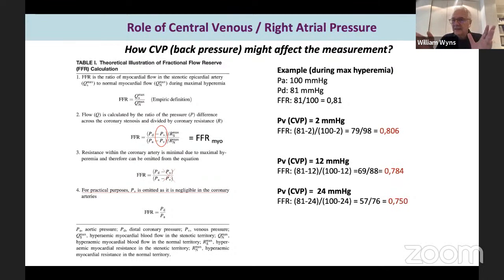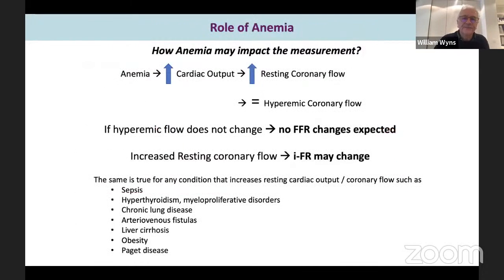So if you have a patient like that with a lesion where you wonder whether it's significant, keep the story of the right atrial pressure in mind. But by and large, in a pragmatic way, in the vast majority of patients you're studying, it's not gonna matter. I hope I made that point clear. So here again, a very high increase in right atrial pressure, or back pressure to the flow, reduces the FFR myocardial. That was the definition when you incorporate right atrial pressure. Well, if you just measure the two pressures, you will miss that point.